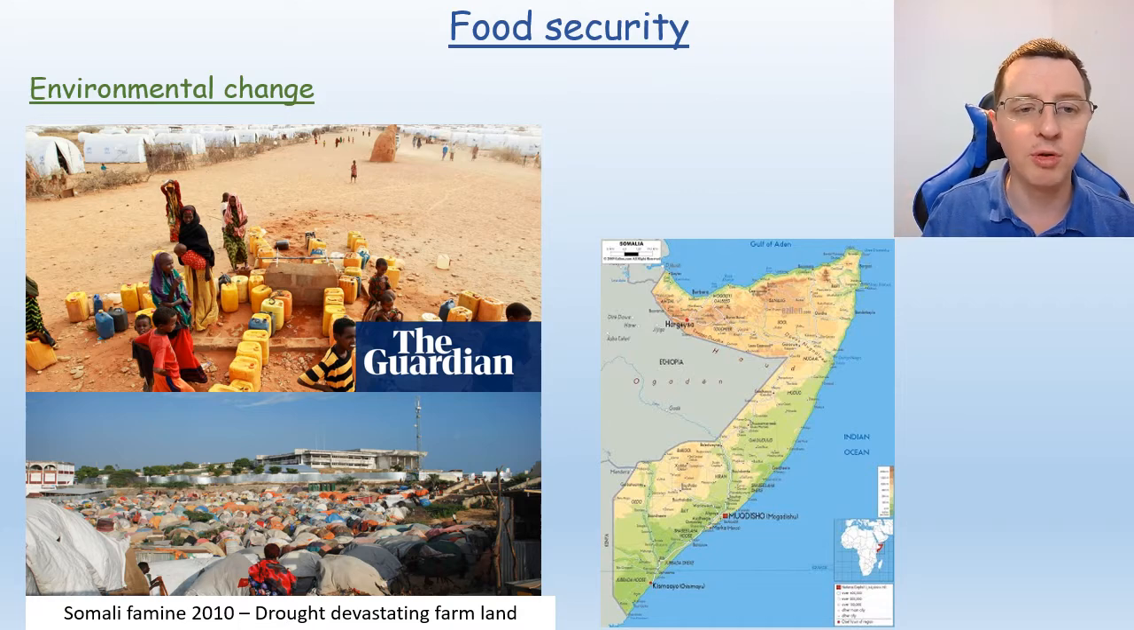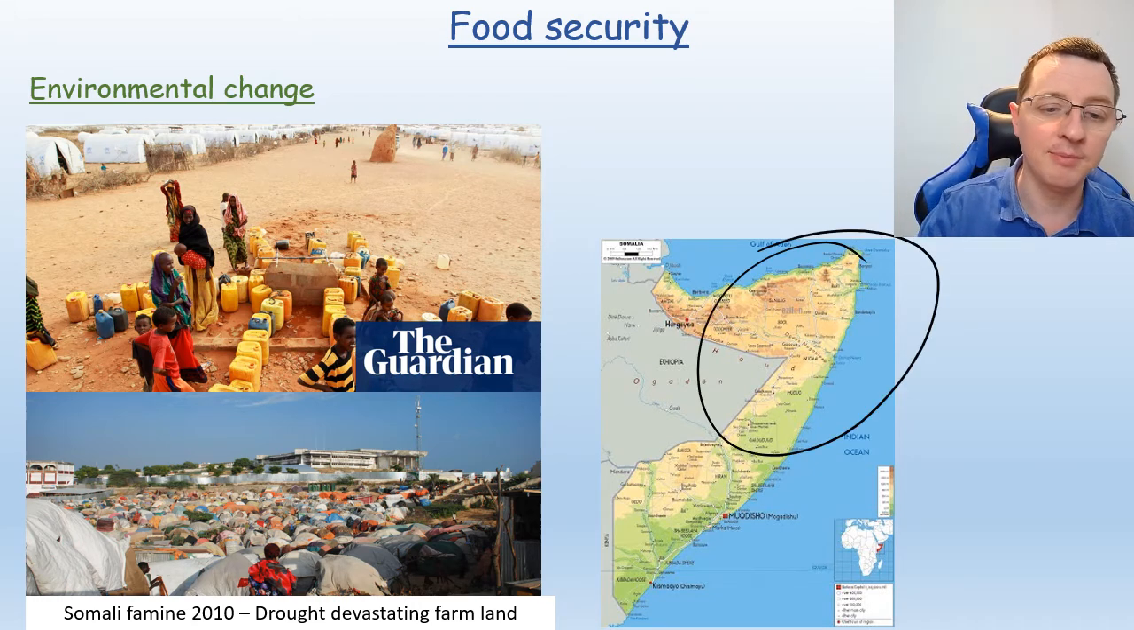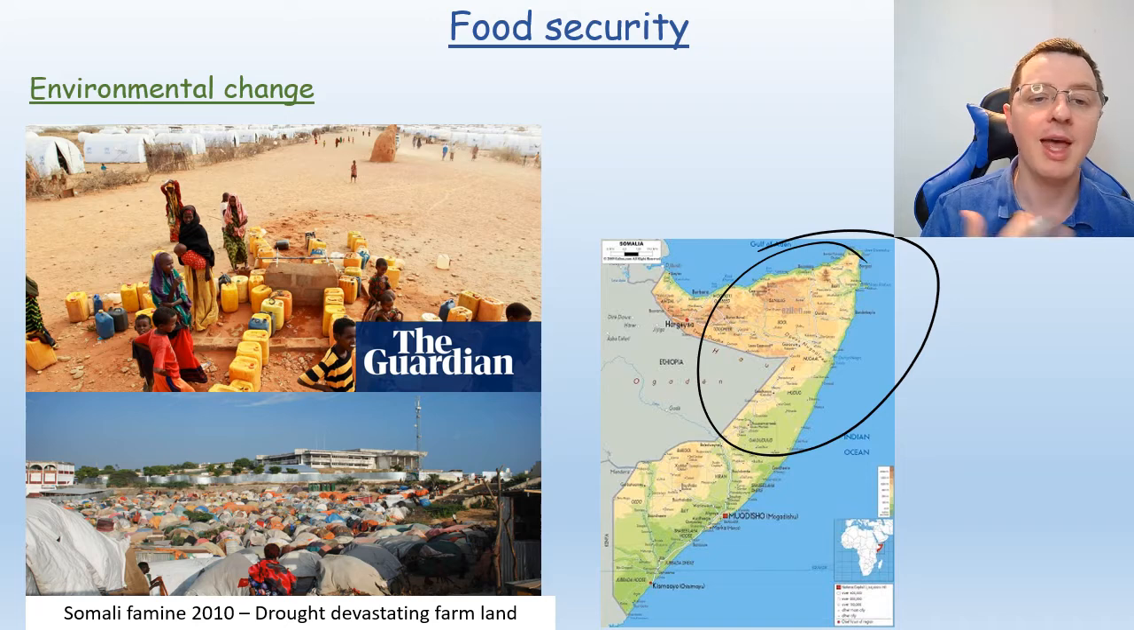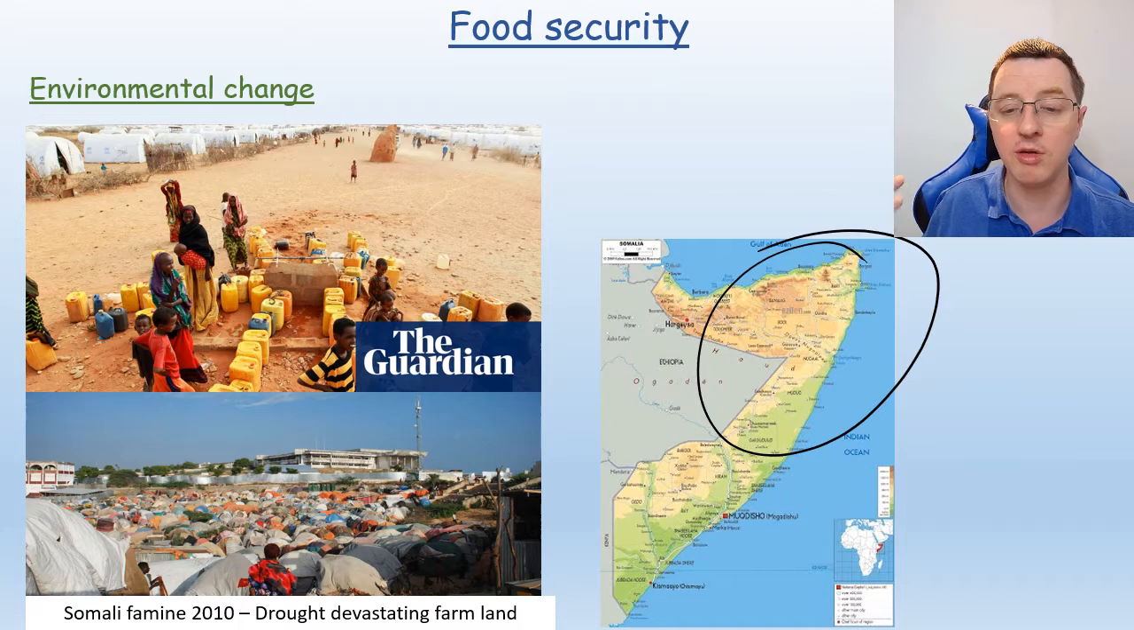Here's another example of environmental change affecting food security. Again from 2010 in Somalia, on the Horn of Africa here, we had a large famine and a drought that devastated all the farmland. Areas that should have been producing a large amount of crops to feed the population of Somalia were too dry to grow, and the crops died, and a large number of people were displaced and moved around the country in search of food because there was a lack of food